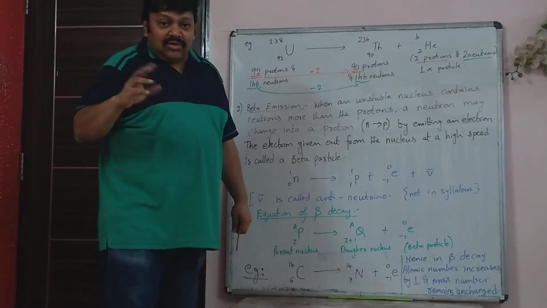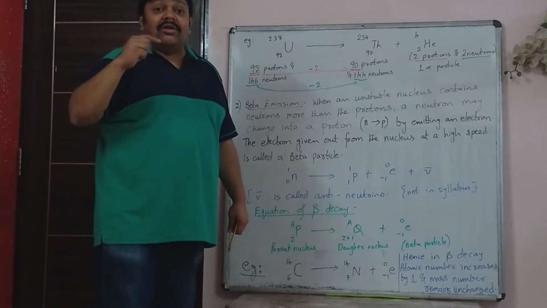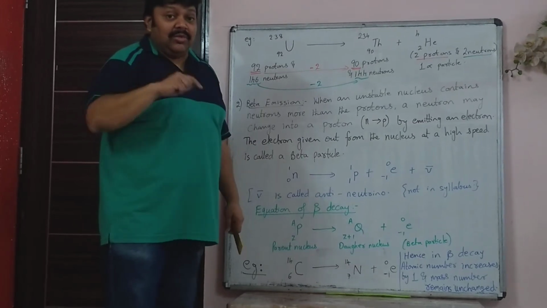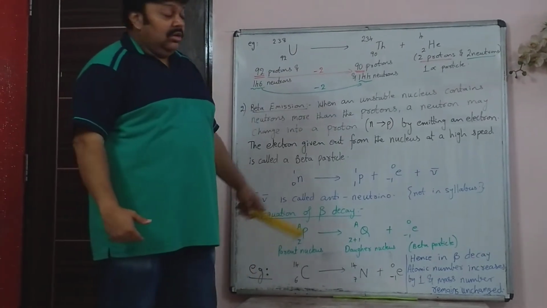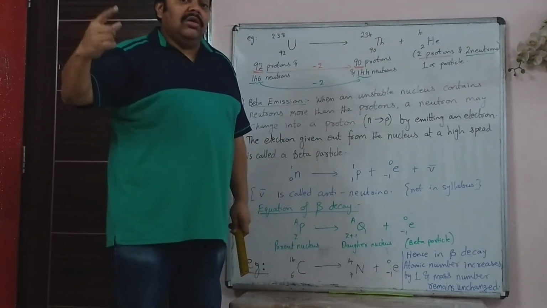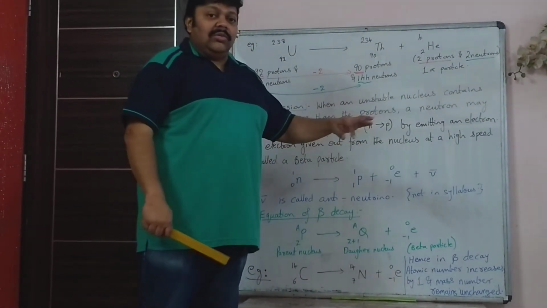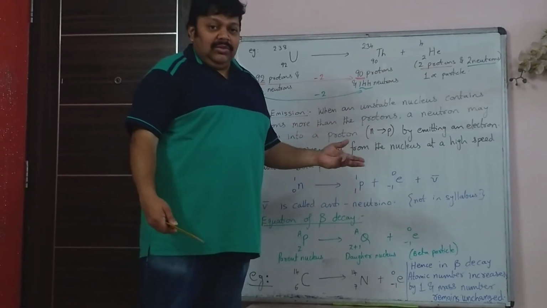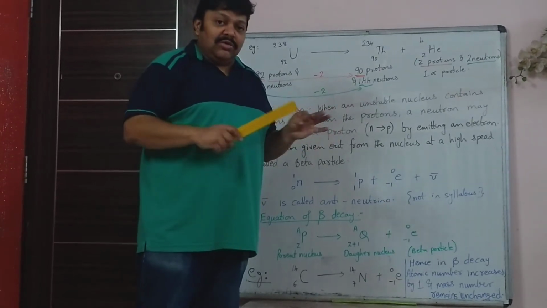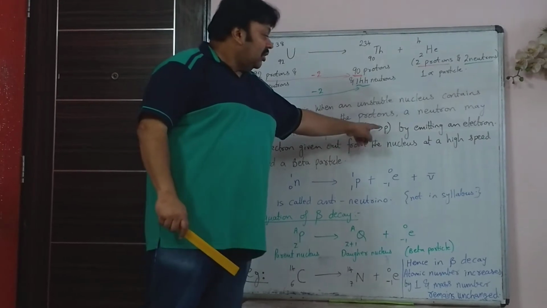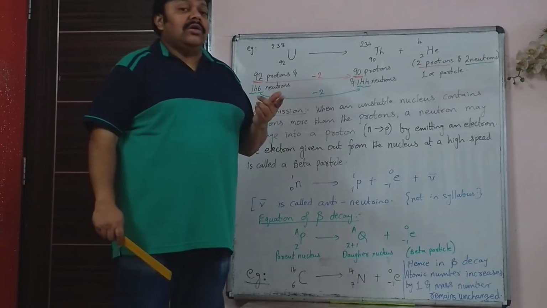So that means mass is not changing because only one neutron is becoming a proton. But there is a change in the charge. A neutron becomes a proton, so the number of protons increases by 1. That means the atomic number has increased by 1. Whereas the mass, neutron becoming proton, has no change in mass, because one goes and one comes, mass remains the same. Because the mass of neutron and proton is the same. But the neutron was neutral, now it became a positively charged proton. That means the atomic number has increased by 1.